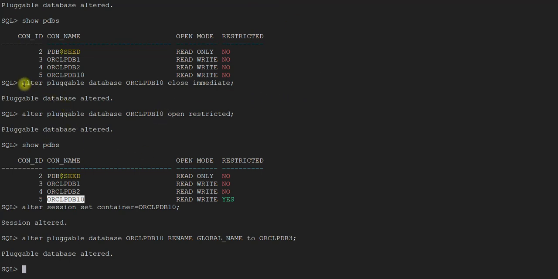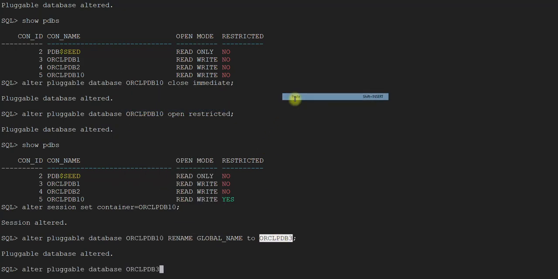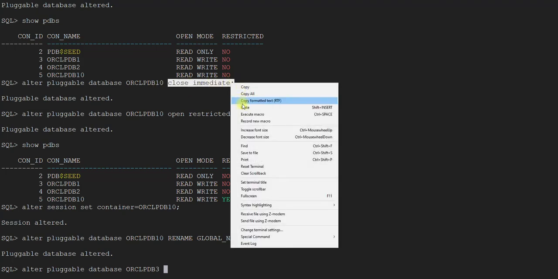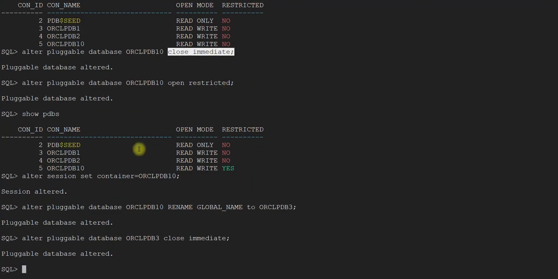Let's close immediate. We have done that. We closed it. Alter pluggable database ORCL PDB3 open.